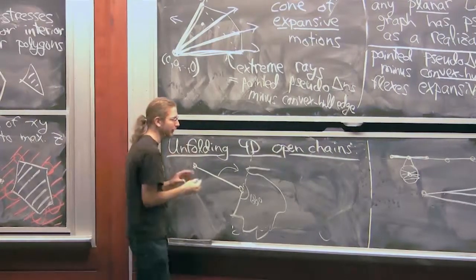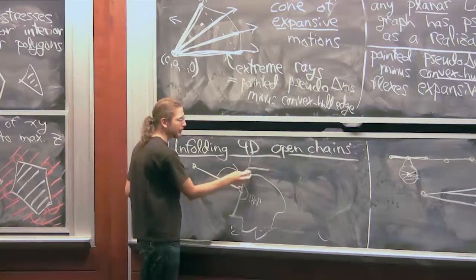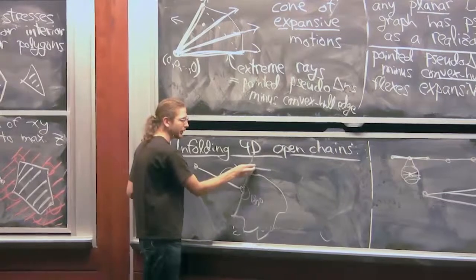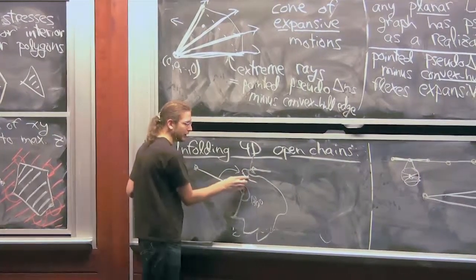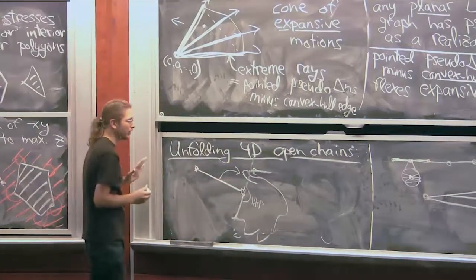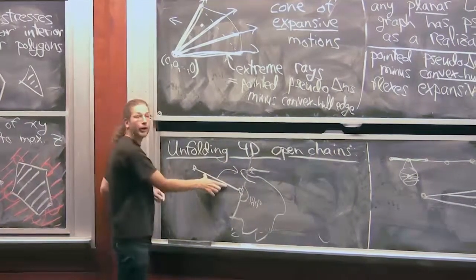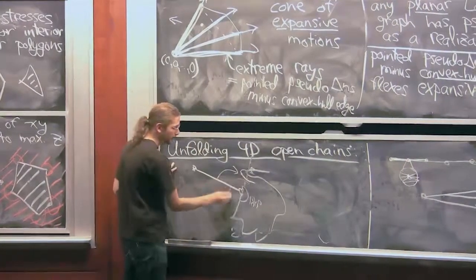Okay, so let's just assume for now, we'll see this again in a moment, that this ray happens to be clear. There may be things that come very close to it. Maybe they go on the back side and then come on the front, but they don't actually touch the ray. Now, think about where this bar can go relative to this vertex. If I draw a little sphere here,